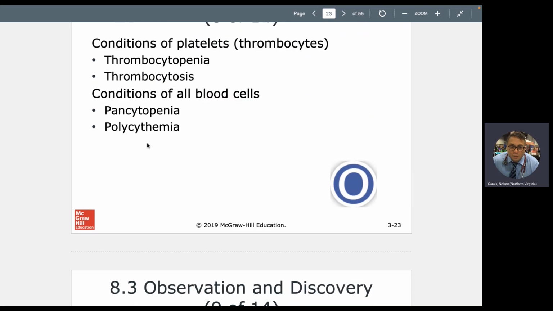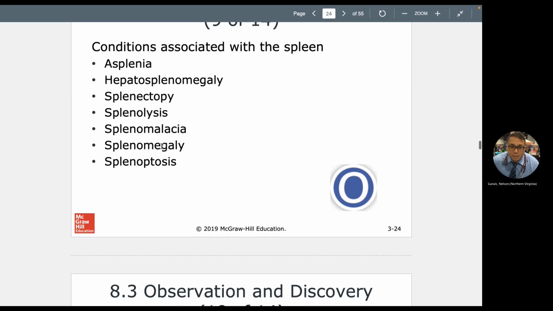Pancytopenia versus polycythemia. Pancytopenia means what? All the three blood cells: red blood cells, white blood cells, and platelets. Polycythemia means way too many of whatever cell in question. Here's some more